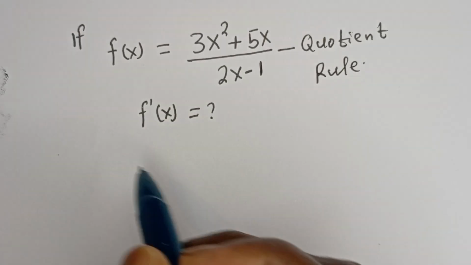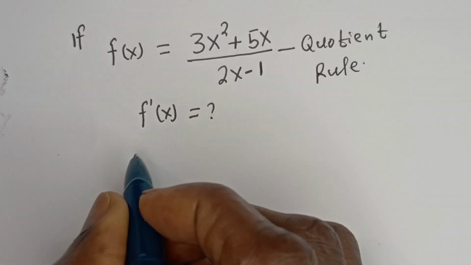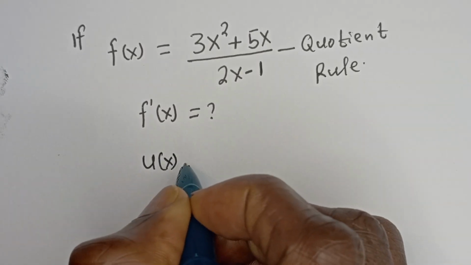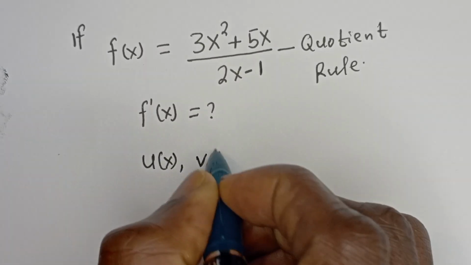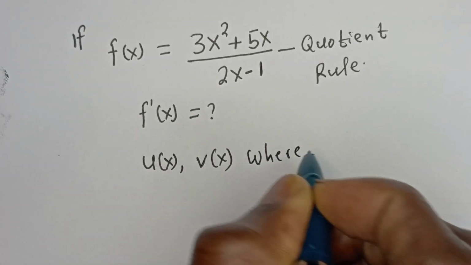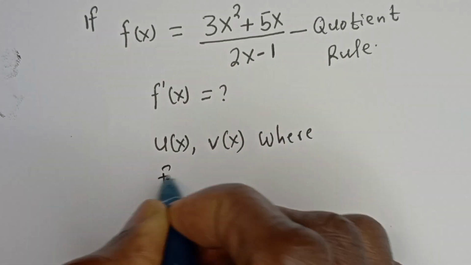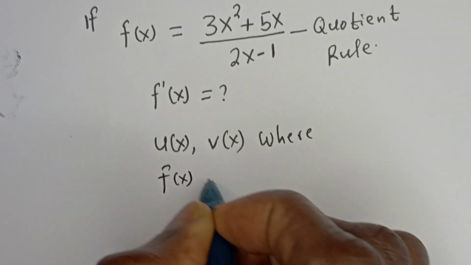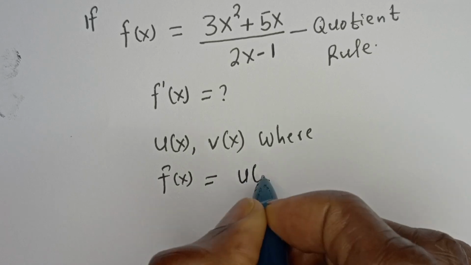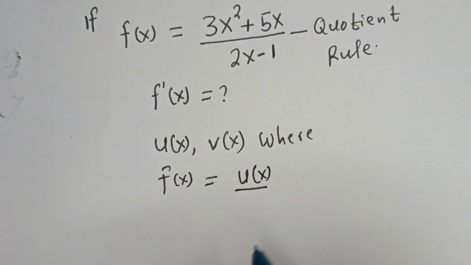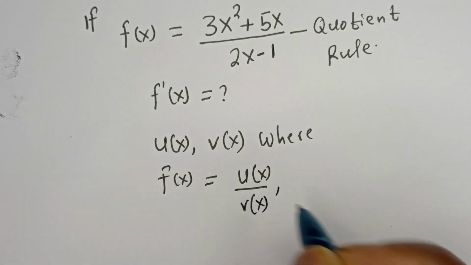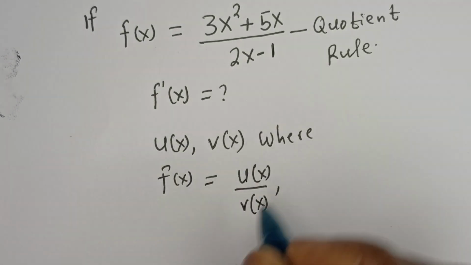The quotient rule states that for any two functions, say u of x and v of x, where f of x is equal to u of x divided by v of x, then the f prime of x